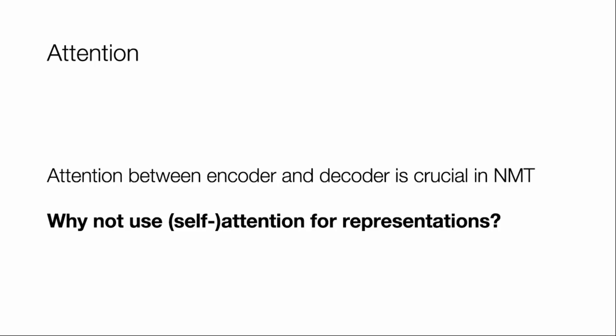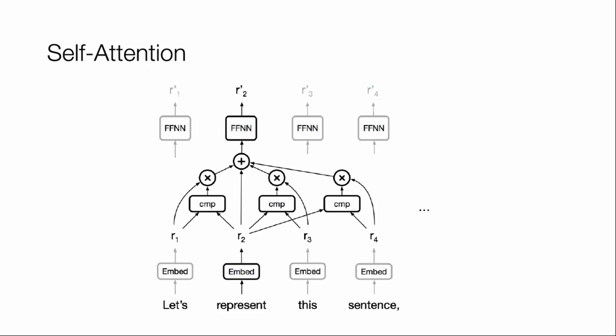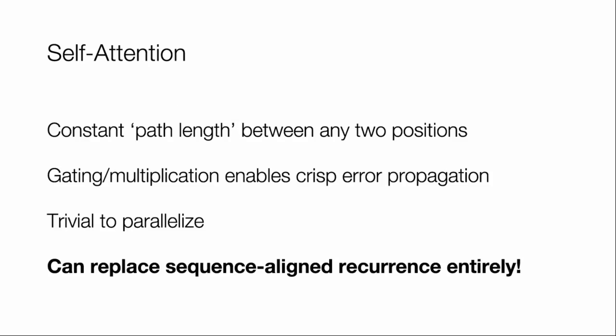So we asked the question, can we use self-attention to compute representations? If you wanted to represent the word "represent" here with self-attention, the way we do it is we take the embedding of "represent" and compare it with the representations or embeddings at all the other positions, with multiplicative interactions and gating to compute compatibilities, and then we combine the information at all these positions weighted by the compatibility scores. Notice that this allows you to model both short and long distance relationships in constant time, making your model very expressive.